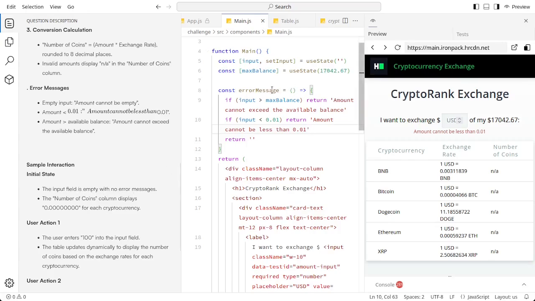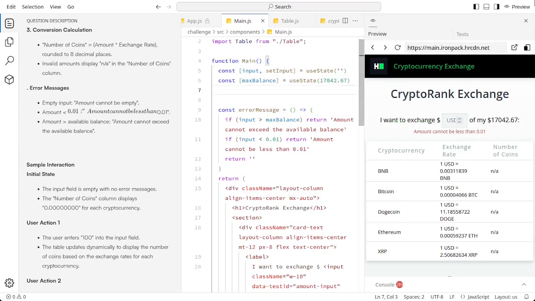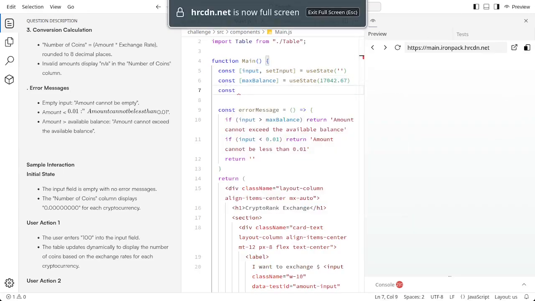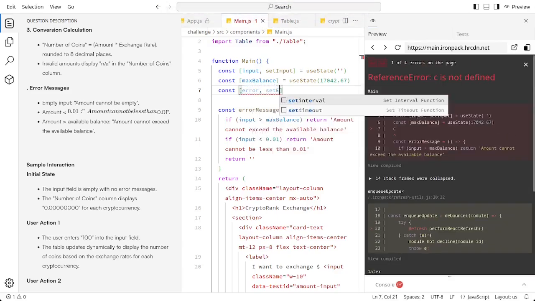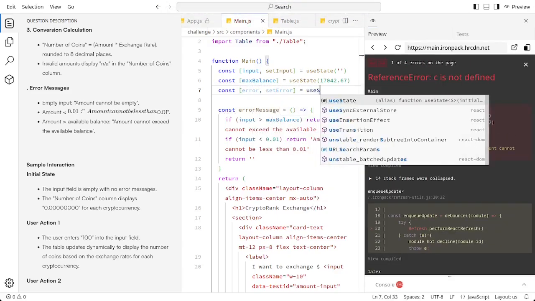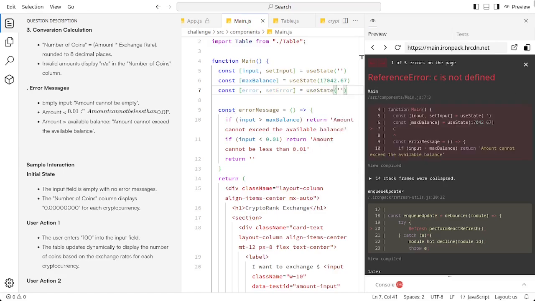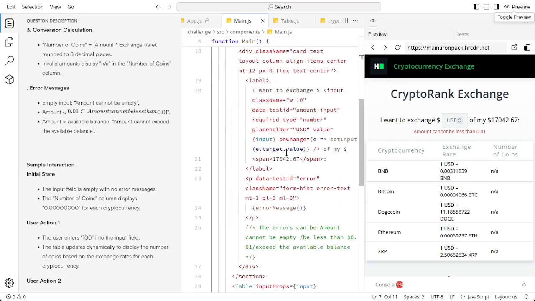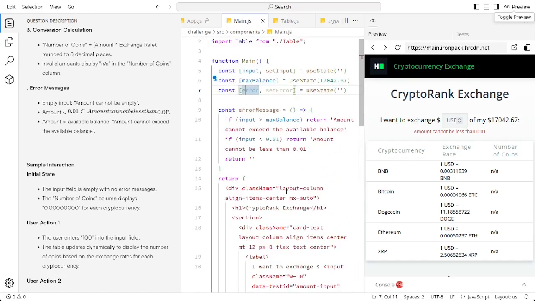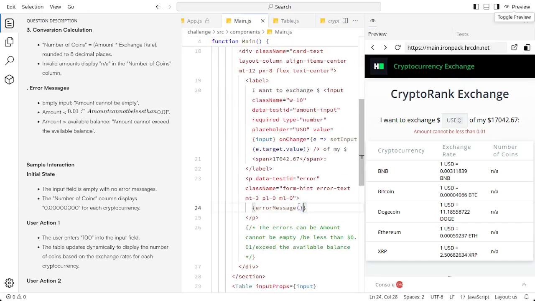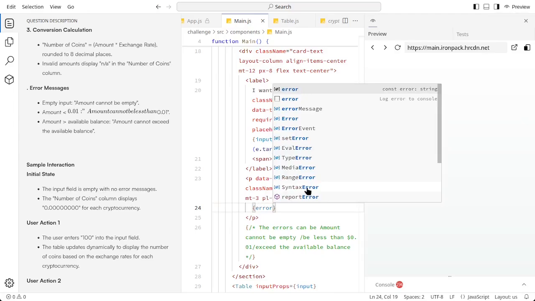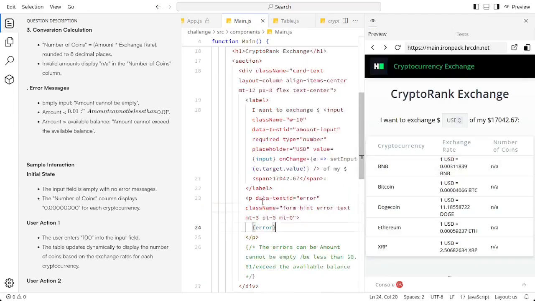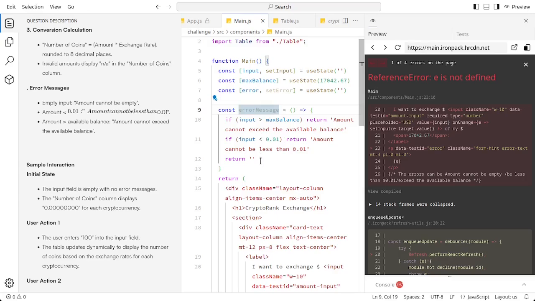And for the initial state, instead of declaring an error message function right here, we can declare actual error useState with the constant error and set error with the useState an empty string, and then we can set this error as our initial state and declaring the error, and then the error went away,